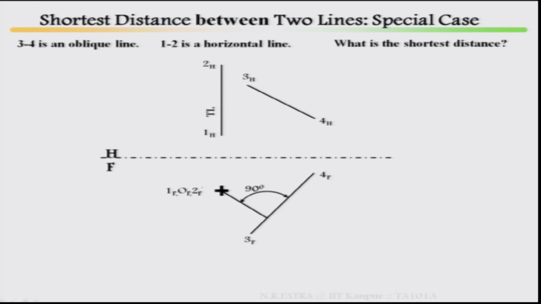Then from there you draw, the line is there, draw perpendicular. That means it is parallel to one of these, it is in true length. 1, 2 is in true length because it is parallel to one of the principal planes. So then you project back, then this is your point of intersection.